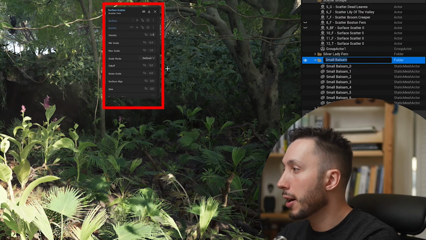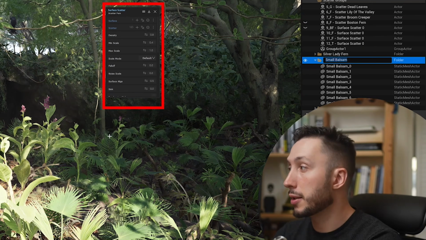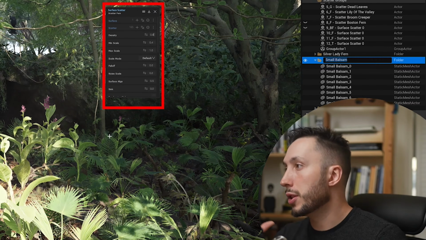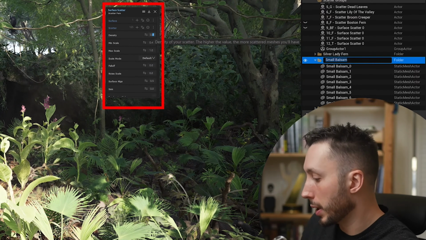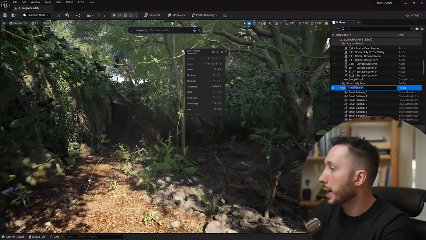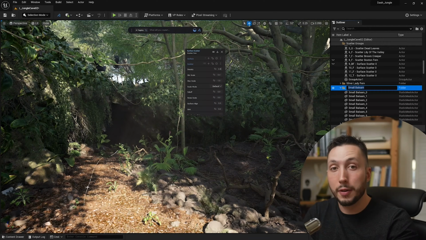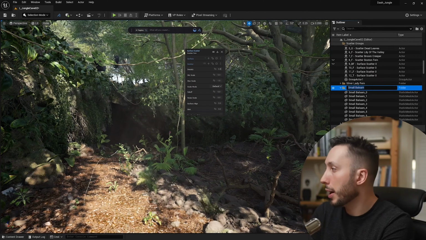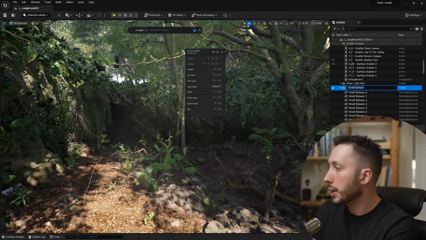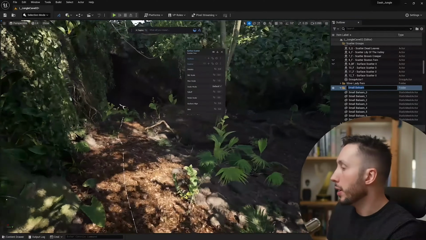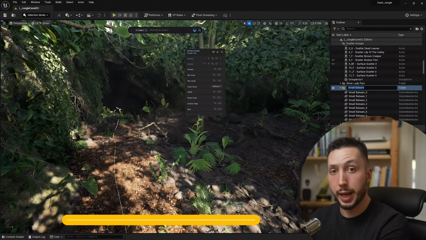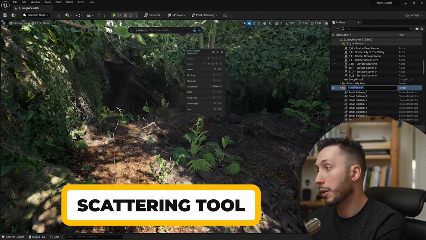And the easy thing about using the Dash scattering system is you can cut it out and use where objects are placed in your environment to mask it. So I'm going to lower the density really quick so I can see what I'm doing here. But I have made a spline using another of Dash's tools, which has a super easy spline drawing function. So I've made this spline to represent where the path is here in the jungle. So all I need to do is add this to my scattering tool to mask out where I want the